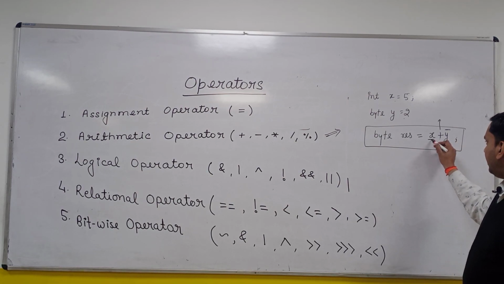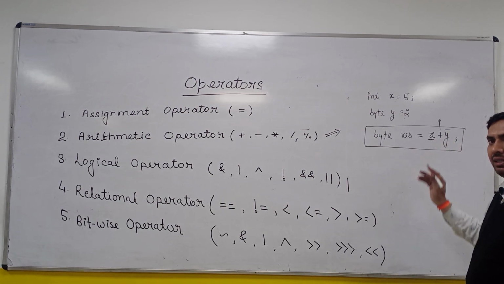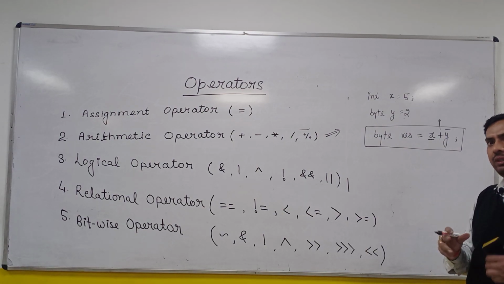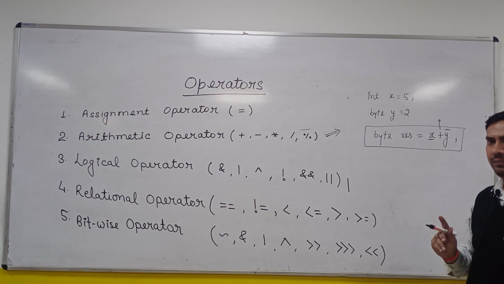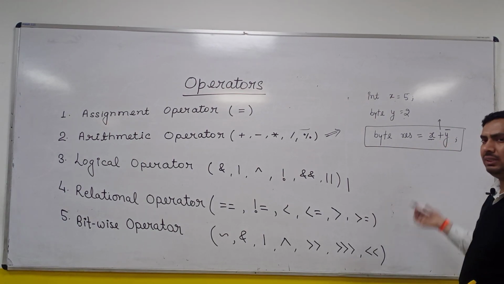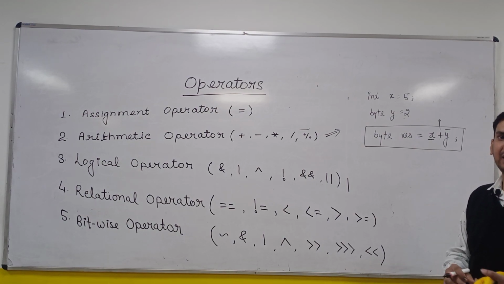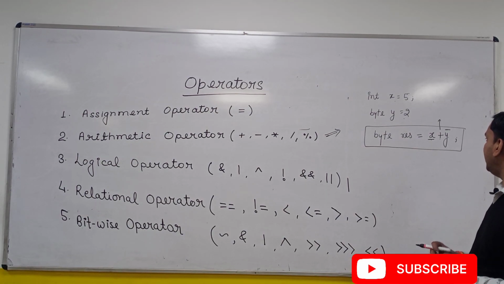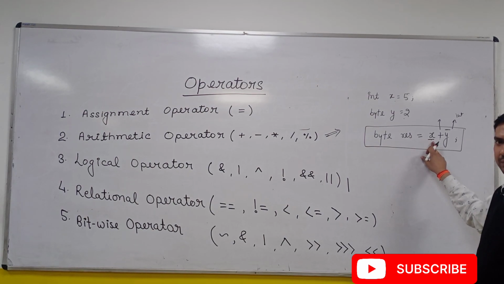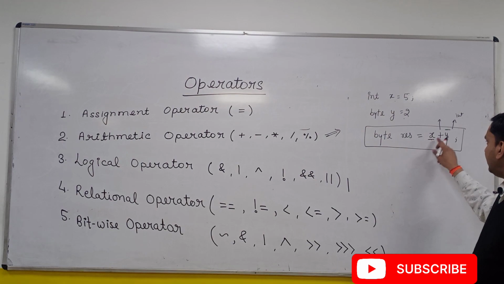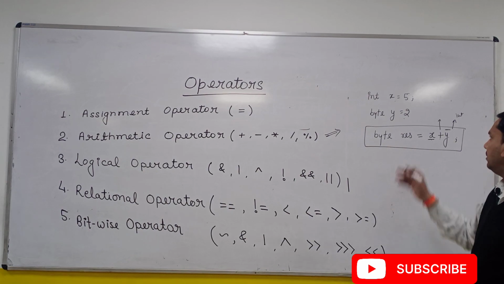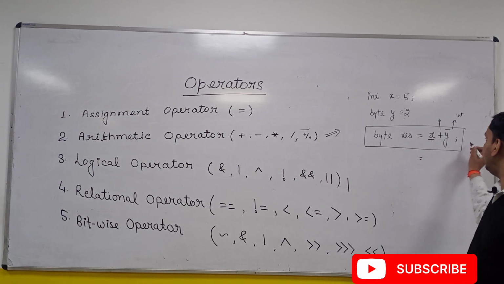Fine. So int and byte, it means whenever you apply the operator, both the operands must be on the same level, and to bring them to the same level, the simple concept is widening. You cannot do narrowing because narrowing is explicit. So here widening will take place. y will be converted from byte to int. Why int? Because x is of int type. So x is int type, y will also be widened to int type. Now the result is int plus int, which will be int. Means 5 plus 2 will be 7.